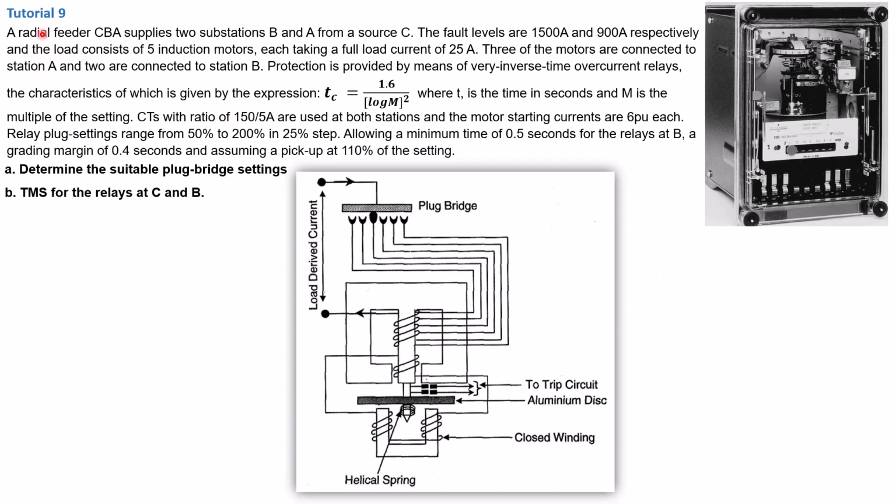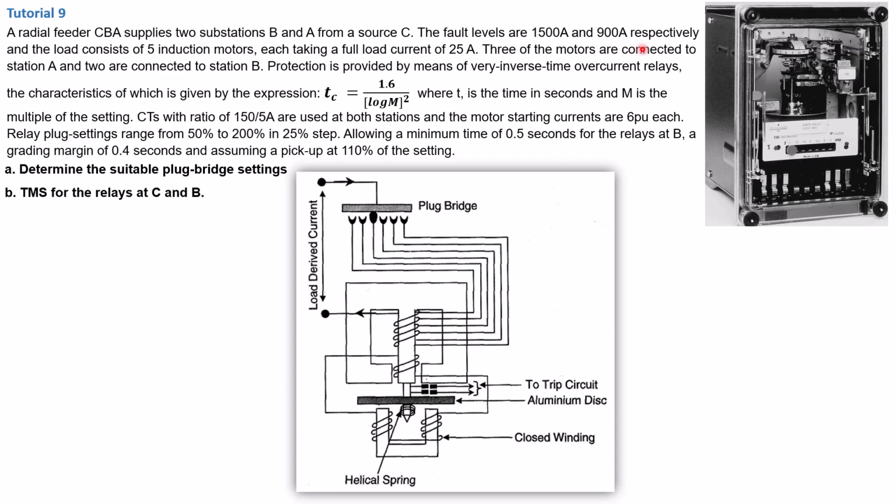Okay, so let's go ahead and just have a look at what we've got here as a problem statement. We've got a radial feeder CBA that supplies two substations B and A from a source C. Now this is very important because this actually shows us the direction of the flow of the power. So it's CBA, a radial feeder supplying substations B and A from the source C, which means power is originating from C. The fault levels are